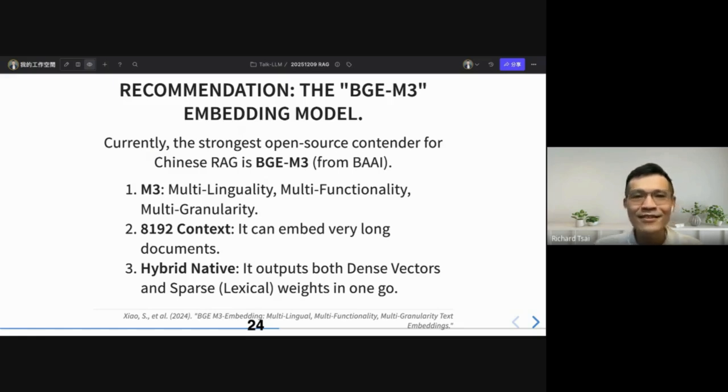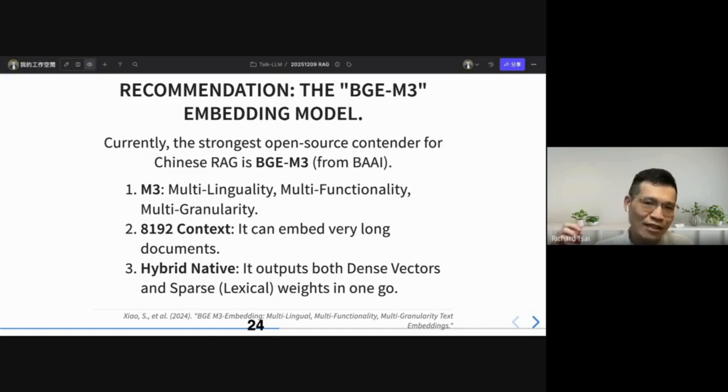Yeah. So M3 is the best, so I need to introduce it, because it is designed as multilingual, multifunctional and multi-granular, and it has the longest context among all open source embedding models supporting Chinese.